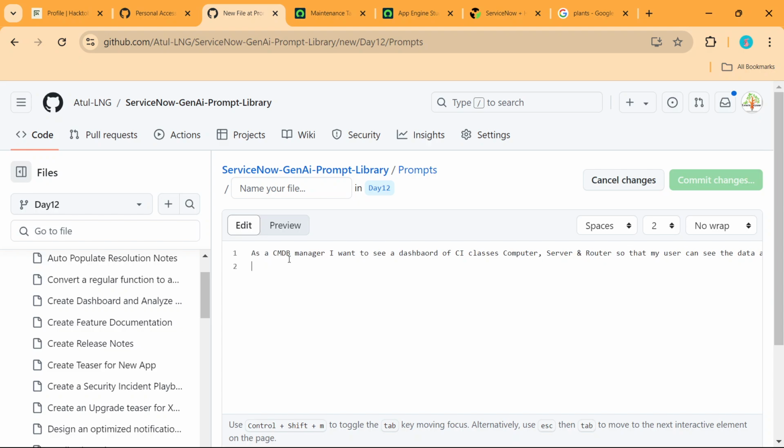Now, this is a half prompt. You might say, Atul, you are writing a user story. I'm writing a user story, but it should have more information.